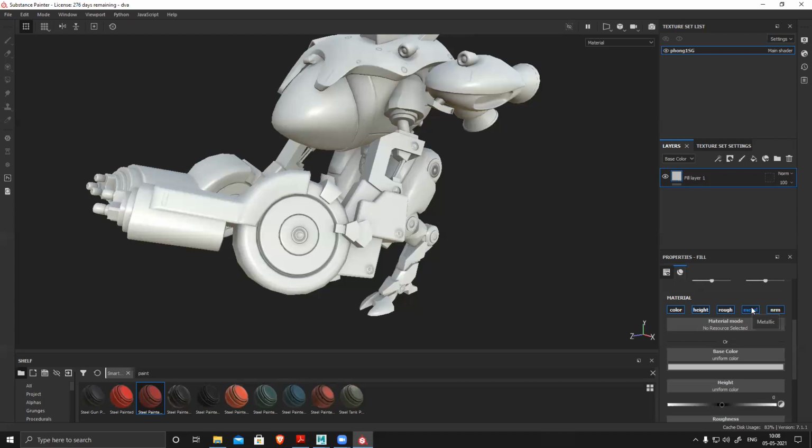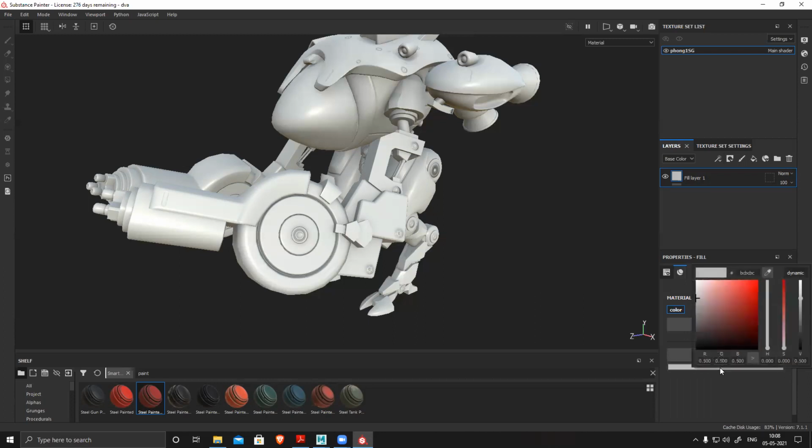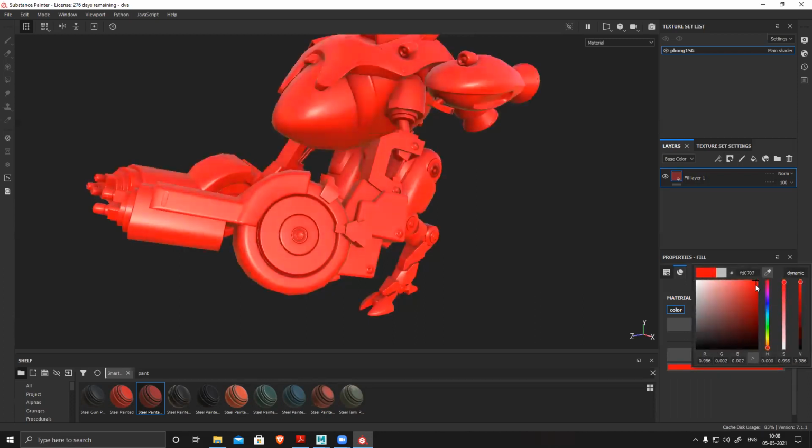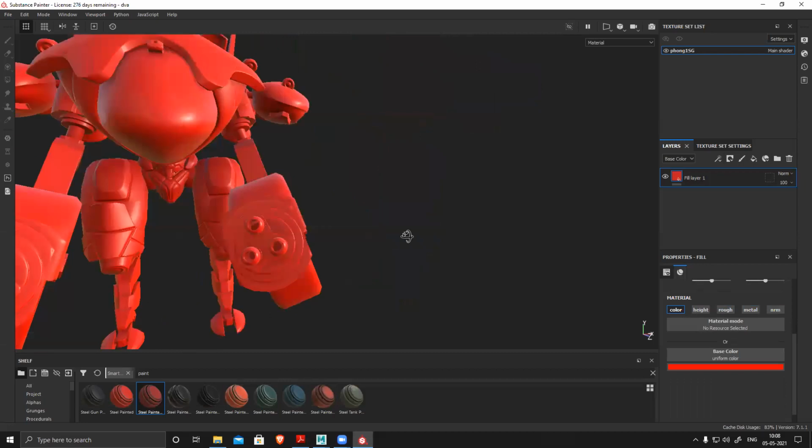Metal is another map where you define the areas. I'll just show you. Let's switch off everything, color. Just alt click on one section, it will activate, keep that, and everything else is deactivated. You can see all these things are deactivated. So I can click this and change any color, right?